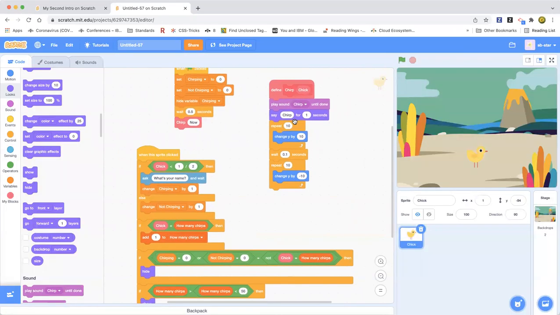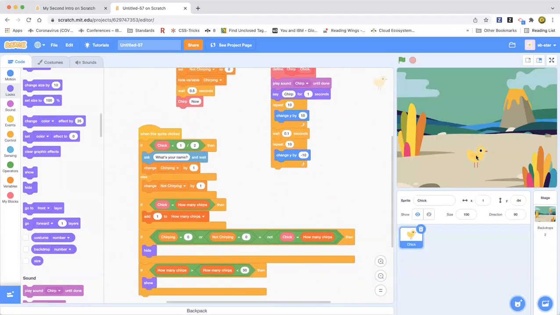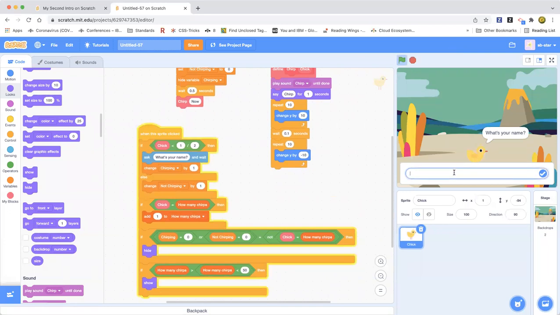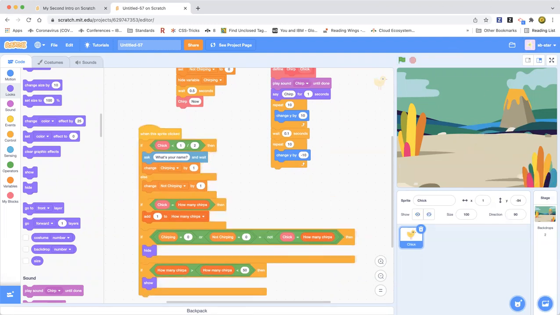now that's the end. But if this sprite is clicked, it asks, what's your name? Then my name. So you can just say your username. So I'm just typing my username. So here's my username. It's not SB, it's SB. As you can see it right over there, right up there. It's the little star. And then it hides